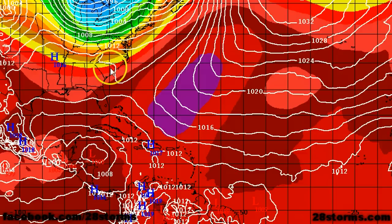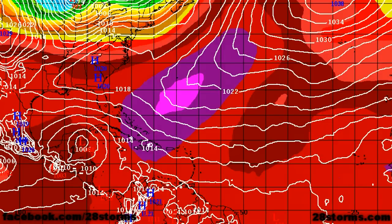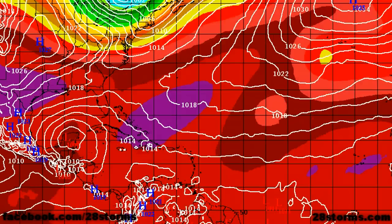We have a developing area of surface high pressure over the lower Mississippi Valley, and that is going to promote surface low formation here in the western Caribbean. And what is a little bit more interesting this time around is that this type of pattern would support true tropical cyclogenesis this time around. And if the upper level conditions remain a little bit more favorable, then we could be dealing with a stronger system. And as we go into day 8 or next Monday, we have a tropical system making landfall along the